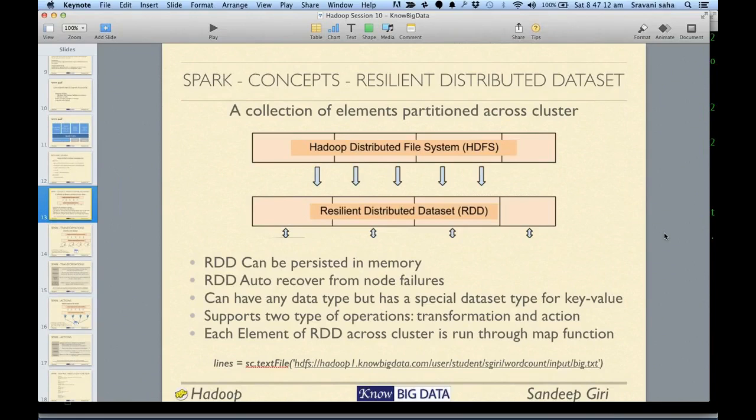Any data from any place is loaded as a Resilient Distributed Dataset. The way we had HDFS, Spark went one step ahead and said that we will define something called a Resilient Distributed Dataset, which is essentially a big data set spread over multiple nodes. Though it's just available to you as a single variable in your program,